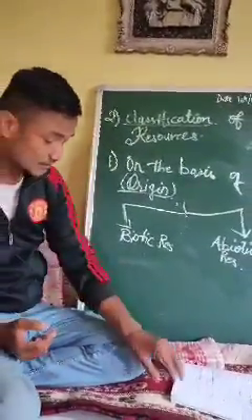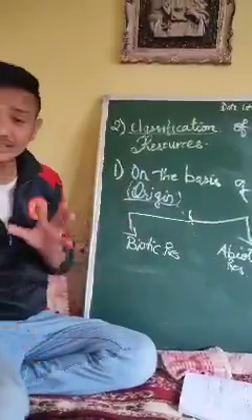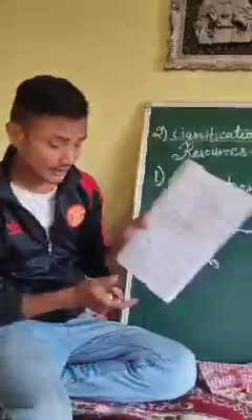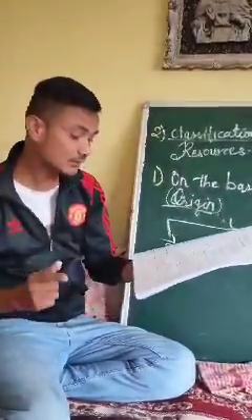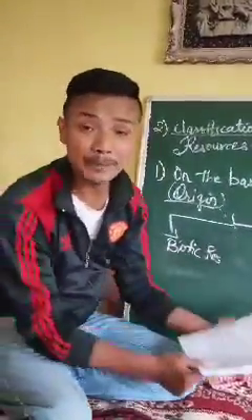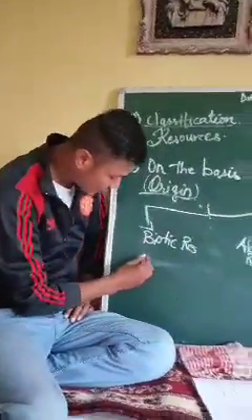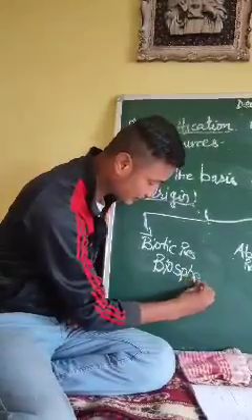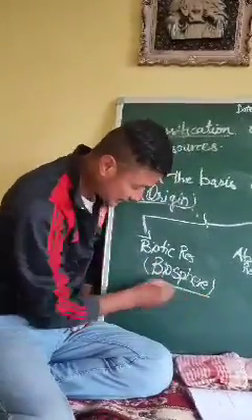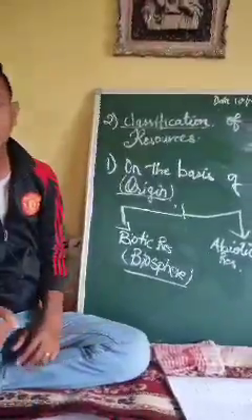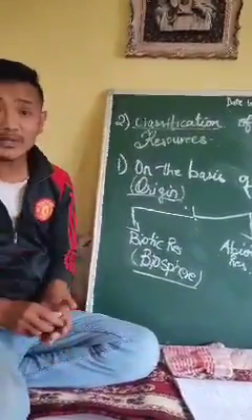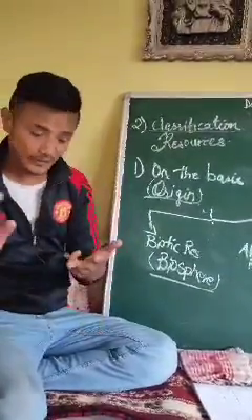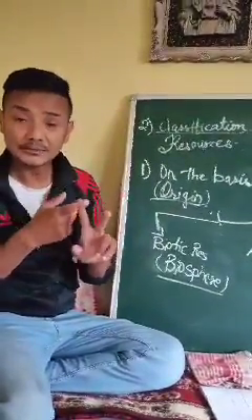I'm going to explain this in a descriptive way so that you may not have any confusion. Number one, biotic resources. Here I have written this: biotic resources are those living organisms which we can obtain from the biosphere. Here, these biotic resources we get from the biosphere. And I guess you understand the term biosphere. Biosphere is a narrow realm where there is the interaction of lithosphere, atmosphere, and